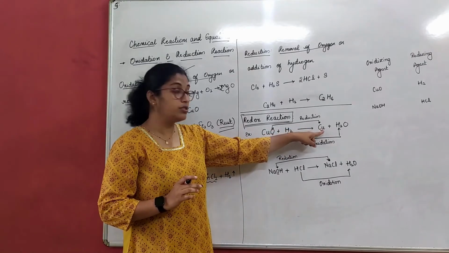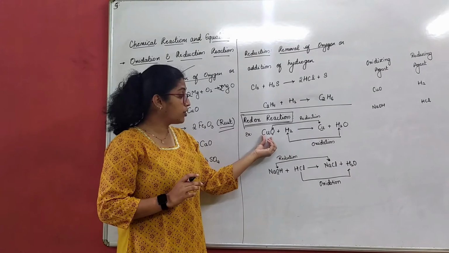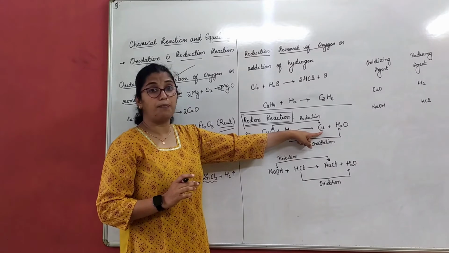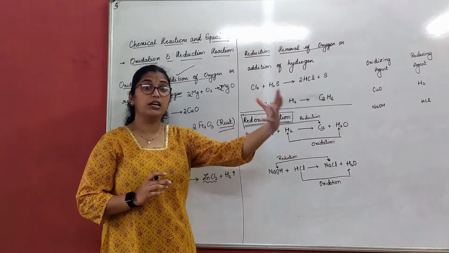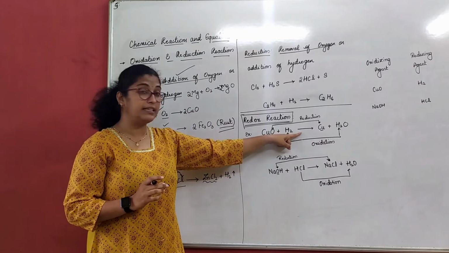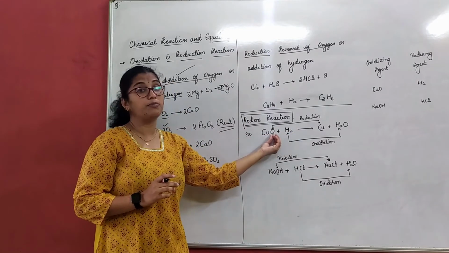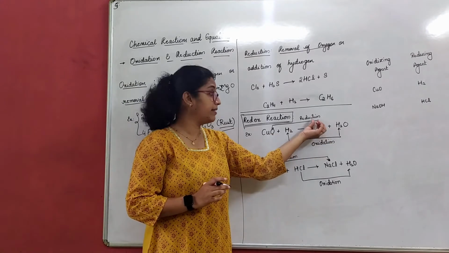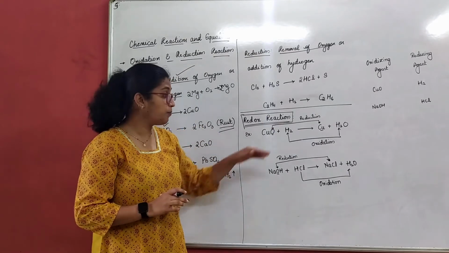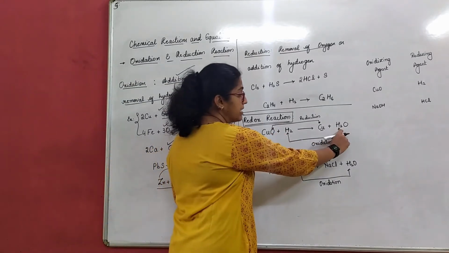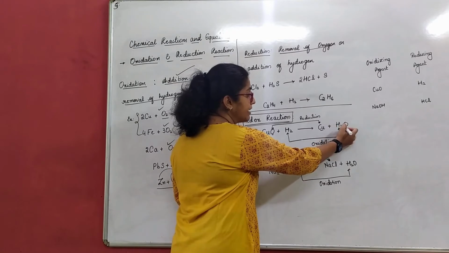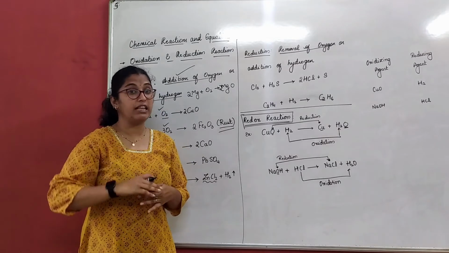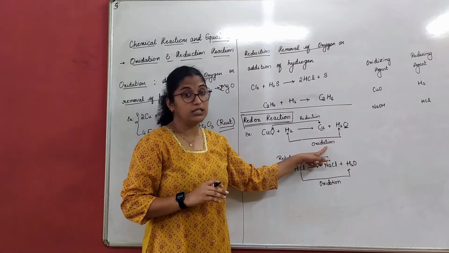Cupric oxide is reduced to copper. In that, oxygen is removed. There is no oxygen here. Removal of oxygen is happening here, right? We are subtracting something from the copper here. If you are subtracting something, what will remain? Only copper will remain. Reduction reaction is happening. Okay. Next come to this. Hydrogen was as it is hydrogen only. But what got added to hydrogen? Oxygen got added to hydrogen. Whenever oxygen gets added, it is called oxidation, right?